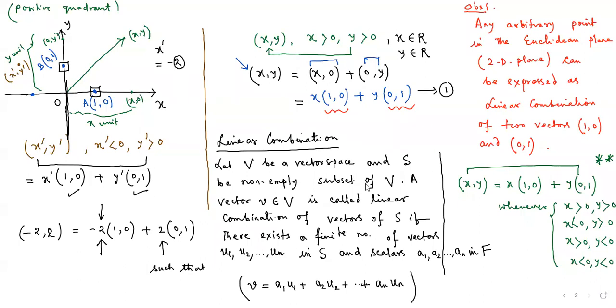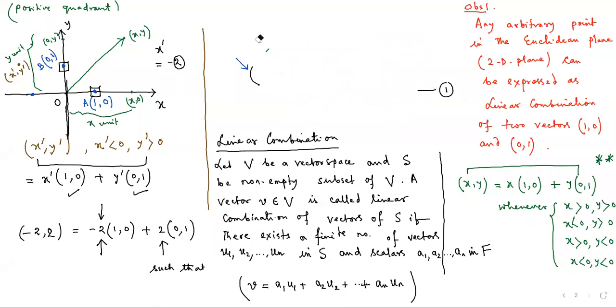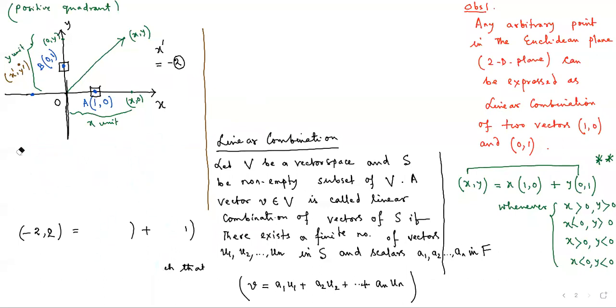Now we shall try to correlate the definition with the example set. If you want to copy, I'm erasing some portions of the note. This is not required. If you want to copy, don't copy this part. It is a special case I was talking about. This part is also not required. So you can keep the geometry. You can write the right hand side portion in green color. You can put the red portion, which is our observation, and this is the definition. What we are going to do right now is to correlate the thing with our current example.